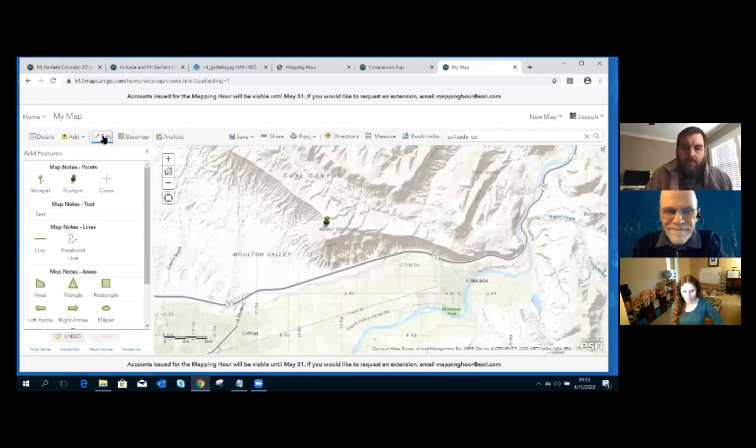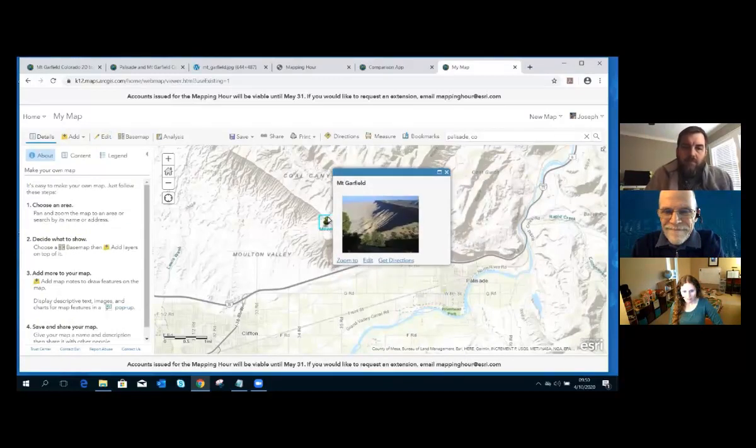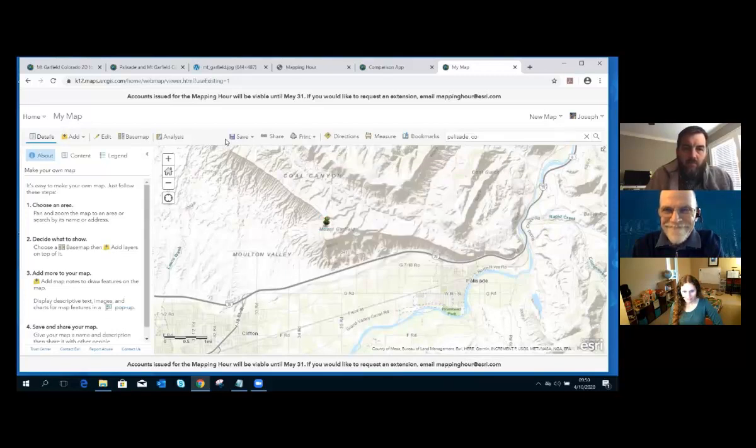How do I do that? I have to get out of edit mode, and I'm going to click on there, and when I click on that image, by that pop-up, there's my image. Great. Go ahead and save this now,